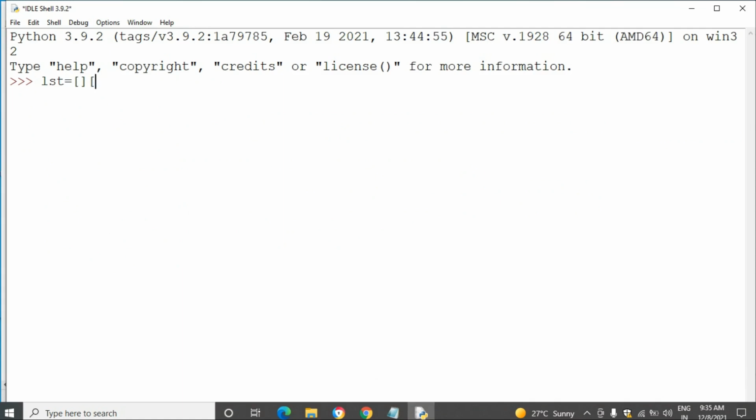I am taking the list variable equal to lst, and simply I have taken the square bracket, and I am going to print the list. See, I didn't give any elements inside the list, I simply gave the square bracket. So the square bracket has come. This means no elements are present inside the list. This is called an empty list. Okay, then I am going to